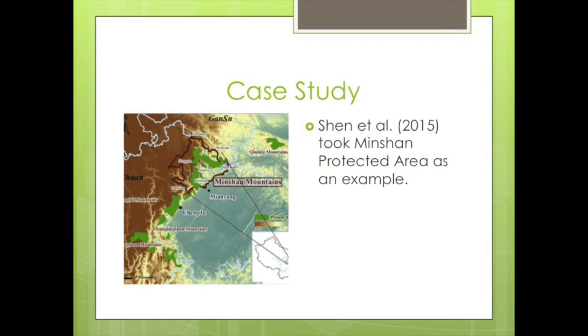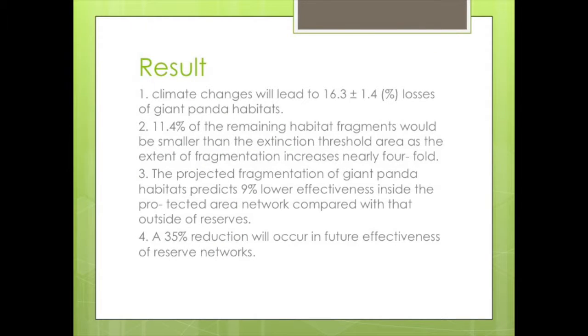Shen took Mingshan, a giant panda protected area in northwest China, as a case study. They investigated that climate change will lead to nearly 16.3% losses of giant panda habitats, and 11.4% of the remaining habitat fragments will be smaller than the extinction threshold area as the extent of fragmentation increases